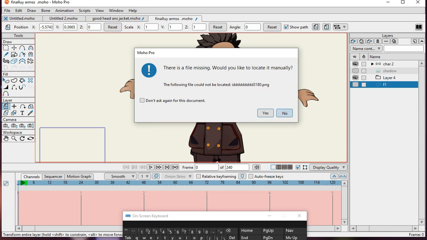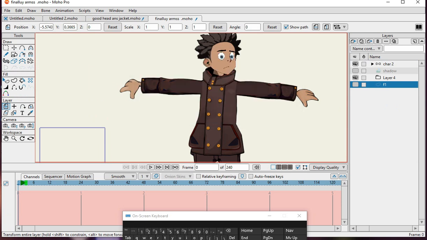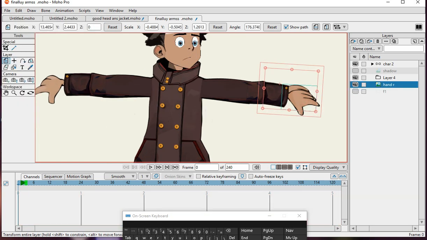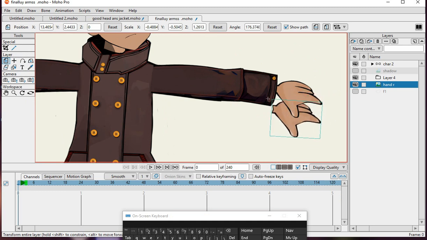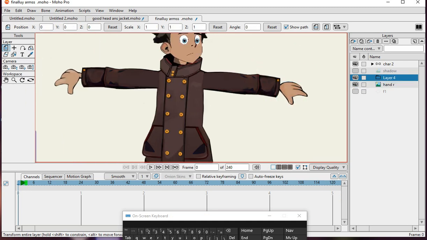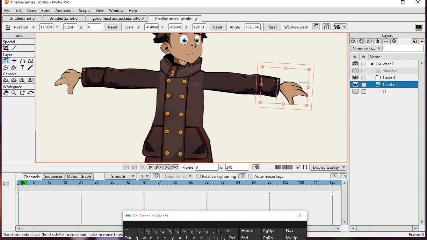Okay, paste layer. There we go. And we'll just line it up with the hand here, closest you can get. So basically, when we created this group, what we'll do here is go ahead and set the hand inside the group that you create,